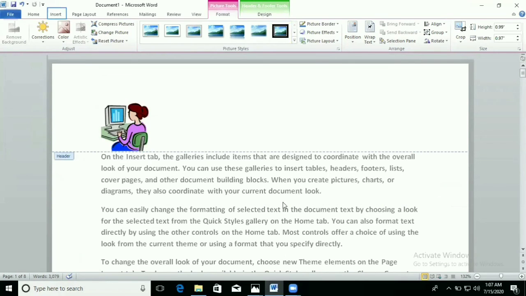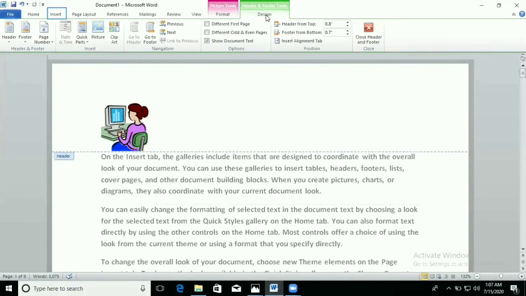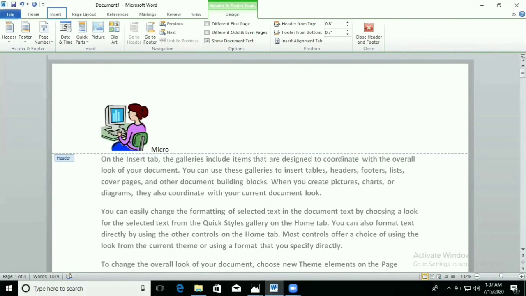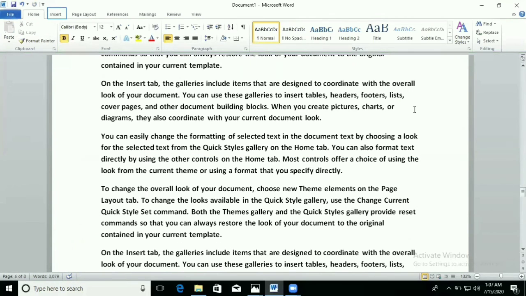When we double click on the text, then automatically you can see now we are in header part. Whatever we want to write, we can write. But when we double click on the text area, you can see here header and footer tools are not visible.